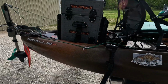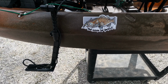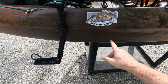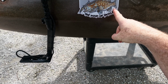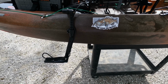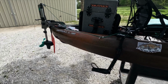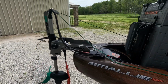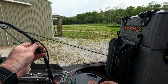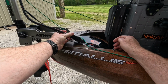Love that. I also love my very cool Hookup Tackle Smallie sticker for the Smallie kayak. This Stockton guy makes beautiful, beautiful illustrations of all kinds of fish. I love that Smallie sticker for my Smallie kayak. A great little addition. Now, as far as my wiring goes, the wiring harness that you see, this all